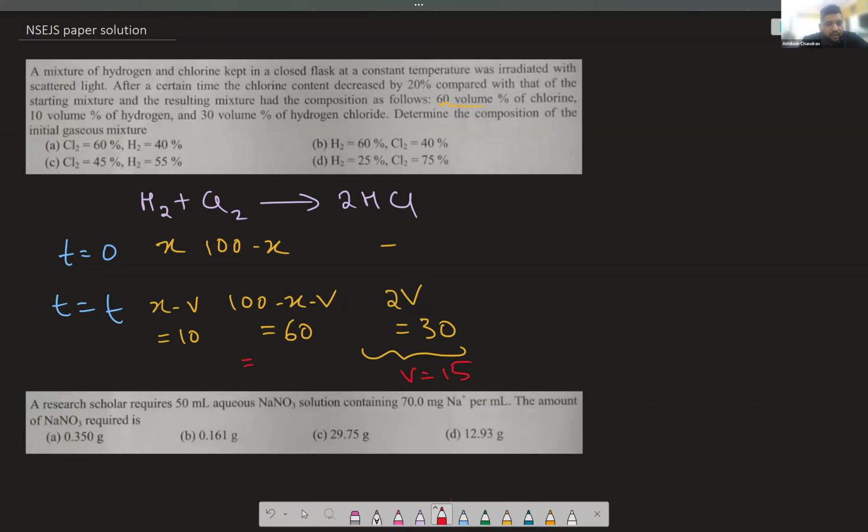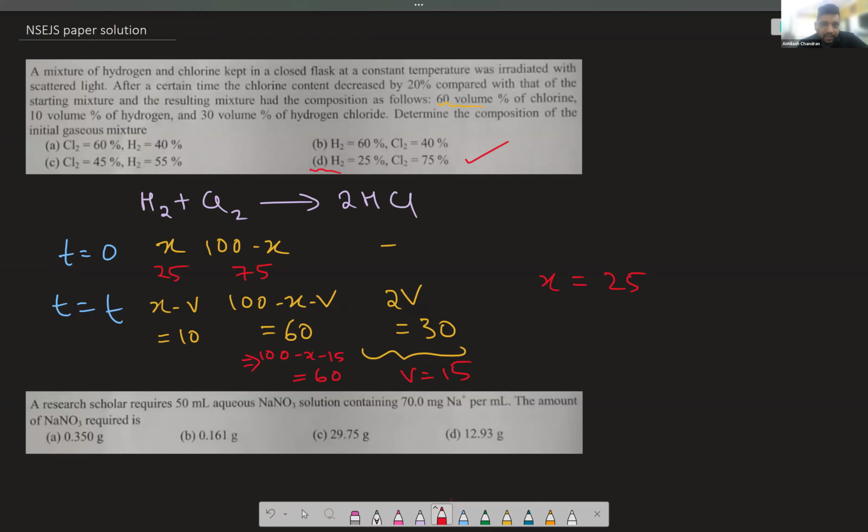Which means that 85 minus x is 60, which means that x is equal to 25. So we started off with 25, and 100 minus x is 75. So the correct answer here is obviously option D, 25% hydrogen